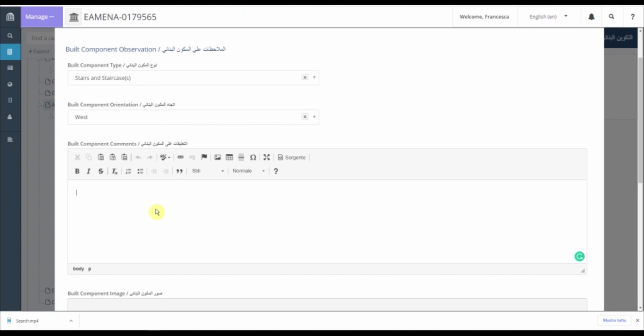Another thing that you have to remember is that you should not copy and paste in any text box in the database because this can affect it. So if you don't have any comments, like in my case, you can leave this field blank.